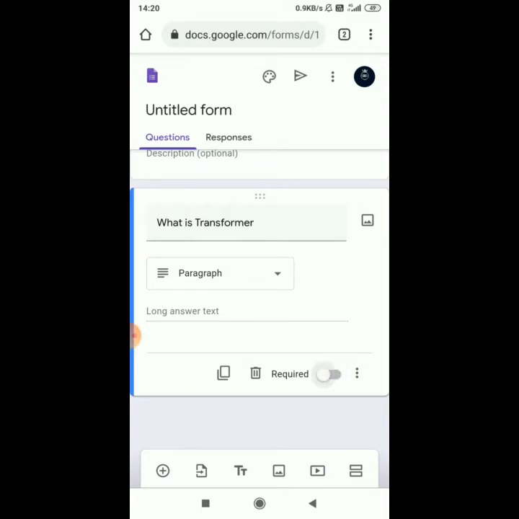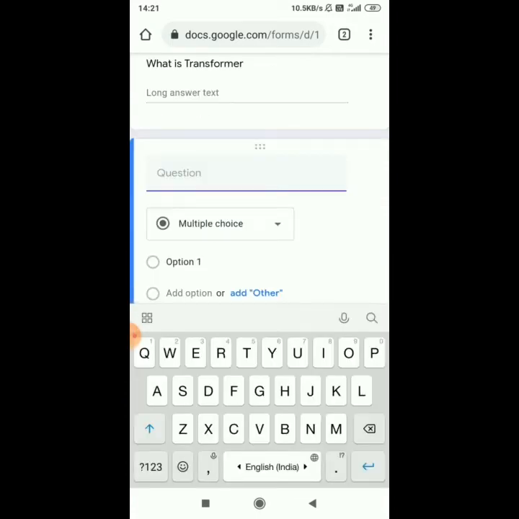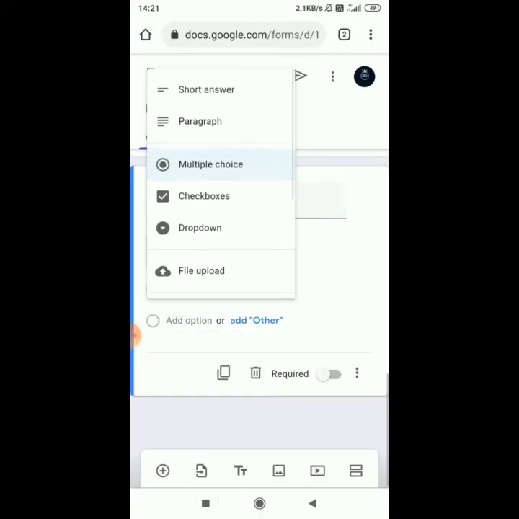Now next, if you want some file to be uploaded in this form, click on this plus sign. Type upload file, and choose here file upload.